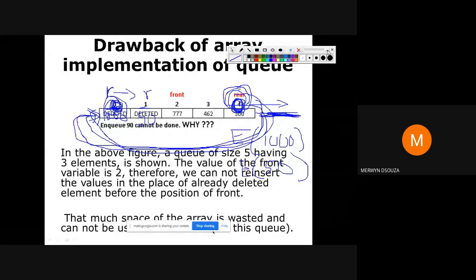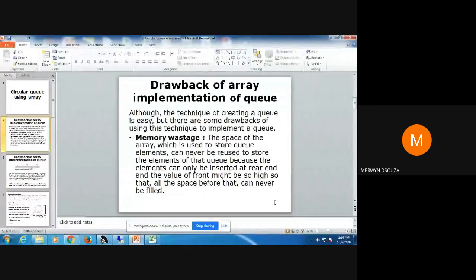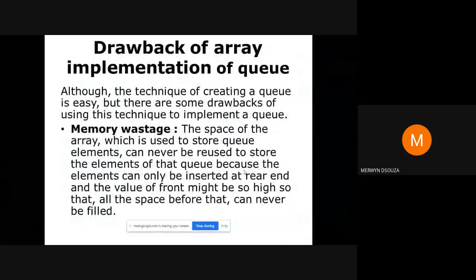That type of queue is known as a circular queue. Someone came up with that concept of a circular queue to overcome the disadvantage of a linear queue. Today we are going to see how the circular queue can be implemented. You can just read this. You all have already told me the answer. This was the drawback of the linear queue.